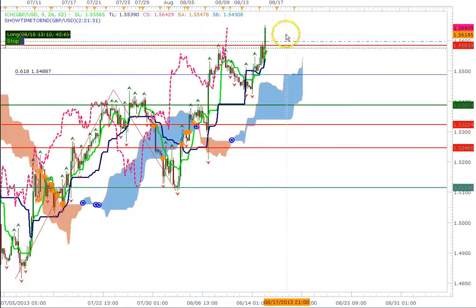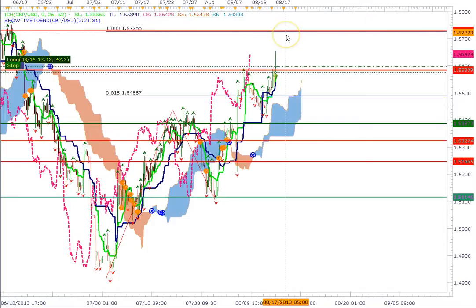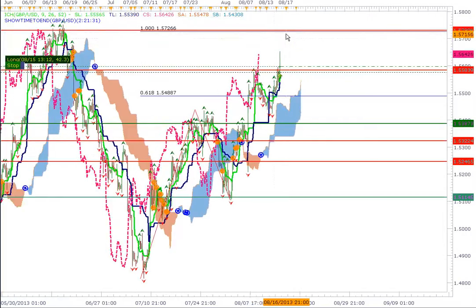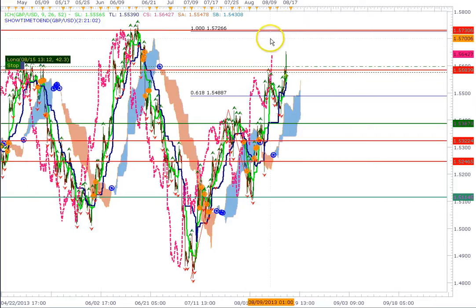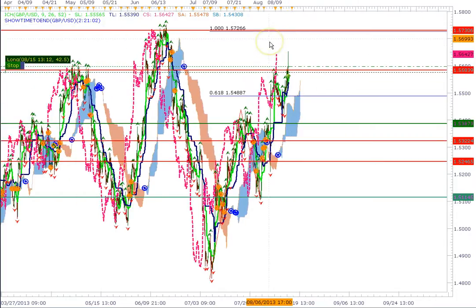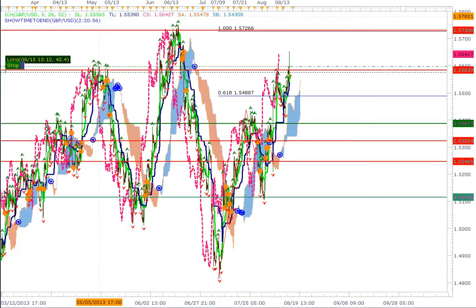Now if we make it up to that level, that'll be about a 135 pip target, and we can move our stop loss way up. Once we get to this level, we'll probably take profit, but when we get to this level, we want to see if price can break that level. But I think when price hits that level, we may drop for a little bit and then attempt to break that level again. Now on the break of that level, that'll take us on that long trade, shooting for that level that I showed you on the daily time frame,